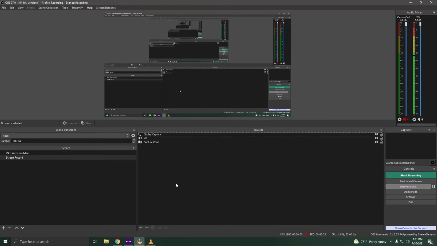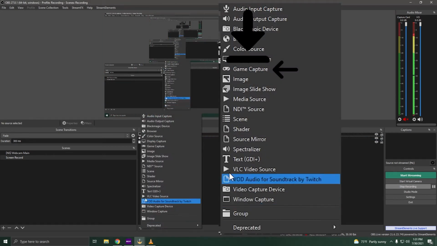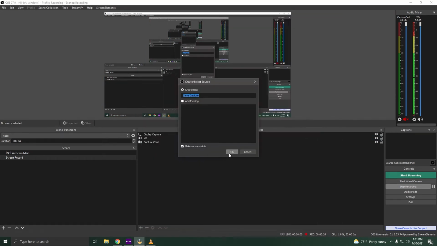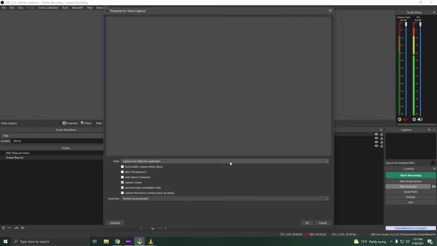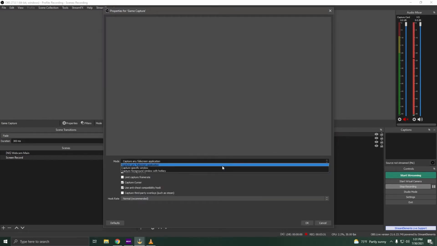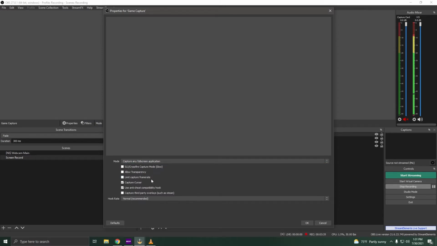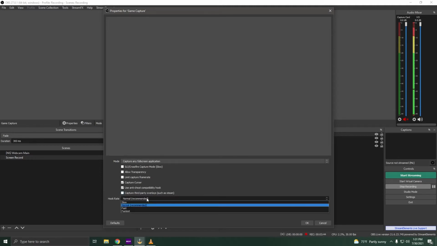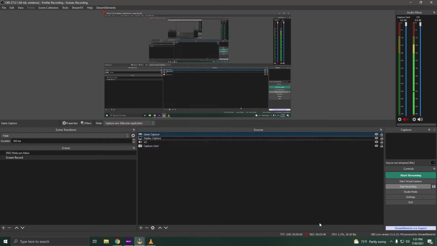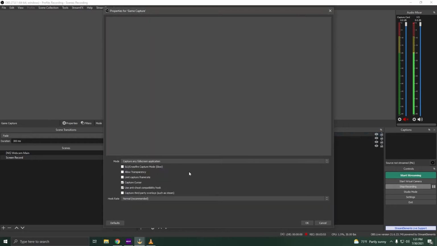Game capture is great for capturing games or full screen applications. This creates a hook within your graphics driver to capture the direct feed from the game, much like how older recording programs such as Fraps and Dxtory worked. As with display capture, if you have multiple display devices in your system, there can be issues with black screens. Just tinker around, changing your display device in the advanced settings to try and fix it.